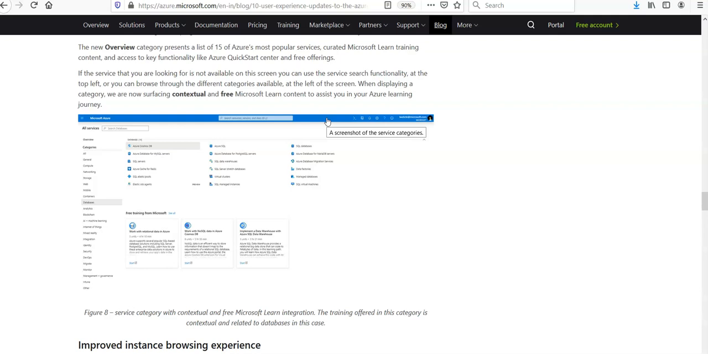It says the new overview category represents a list of 15 of Azure's most popular services, created with Microsoft Learn training content and access to the key functionality. So if I log on to the portal from here,